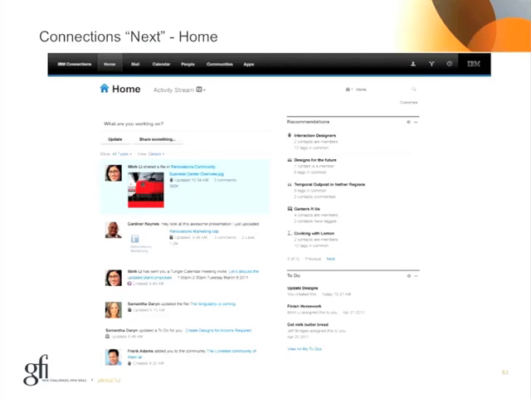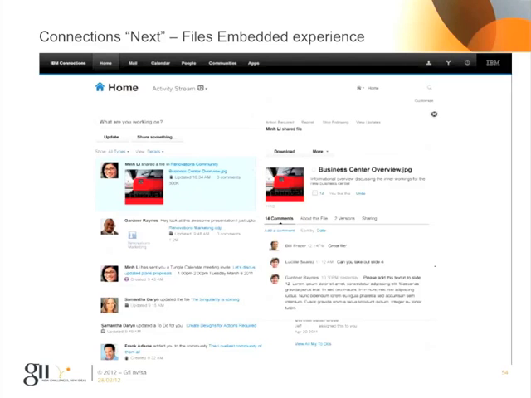So, onto Connections Next. I included some screenshots in there just to give an overview of what's coming. The most important part, besides the new One UI that we saw earlier with Quickr, is the concept of the activity stream. That's the left part of the screen. Basically, the activity stream offers you an overview of all the things that are happening, but it's not just an